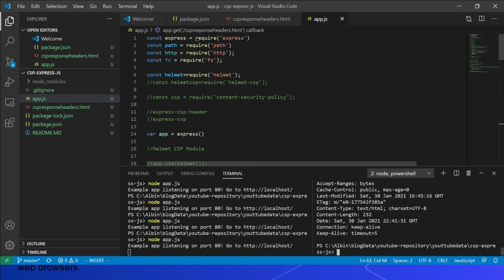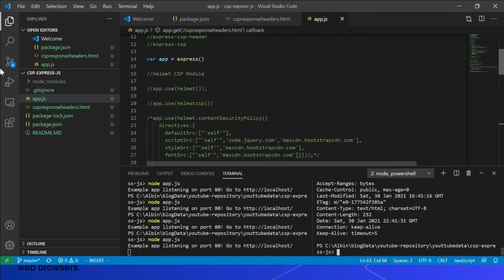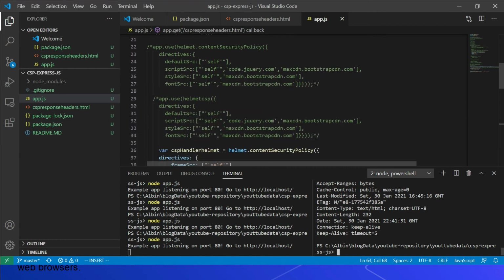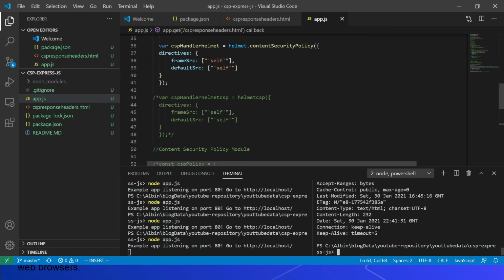Then you can use the helmet-csp module directly instead of using helmet. So if you want to deal only with CSP, you can define helmet-csp. If I come down, it is the same thing: instead of using this helmet.contentSecurityPolicy, we are going to use this helmetCsp, but otherwise the configuration is no different. You can even define the handler variable with helmet-csp to enable route specific configurations.